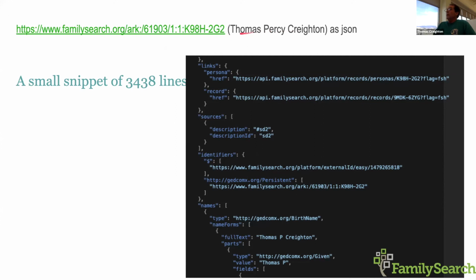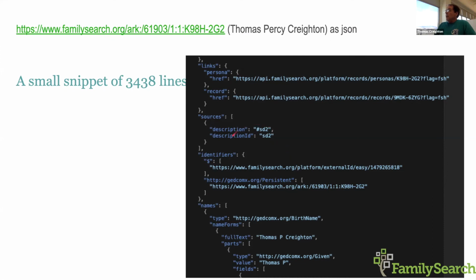All right, so now this same ARK, and I typed this wrong, it should say Thomas P. Creighton. Anyway, it's the same ARK that we started looking at. If we made the request, instead of asking for HTML to come back, it's called an accept header, HTML. If we asked for JSON, we would get a JSON document. It's also possible to ask for XML. You'd get exactly the same data back.